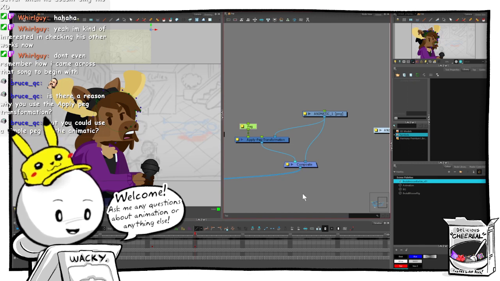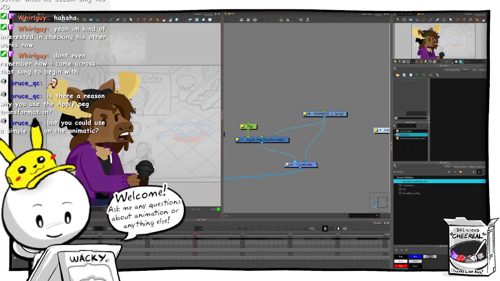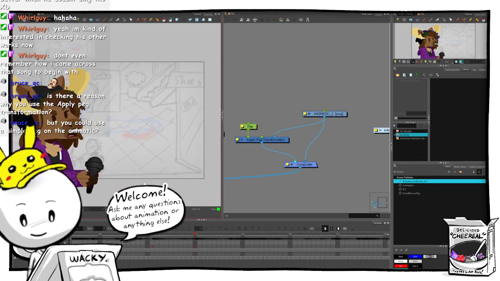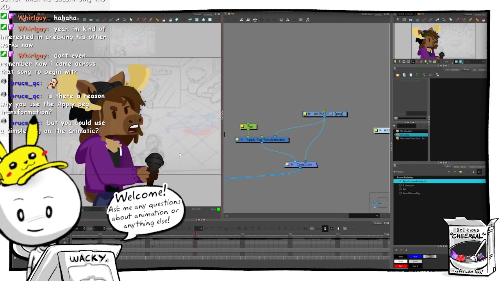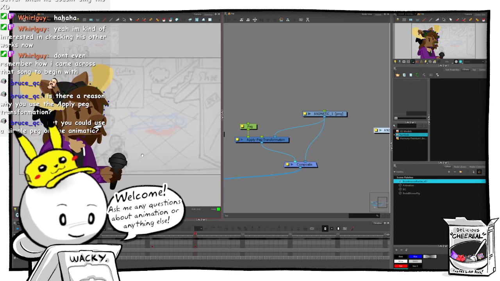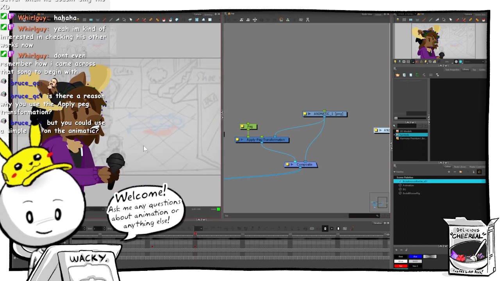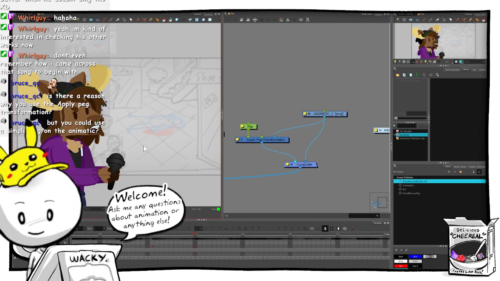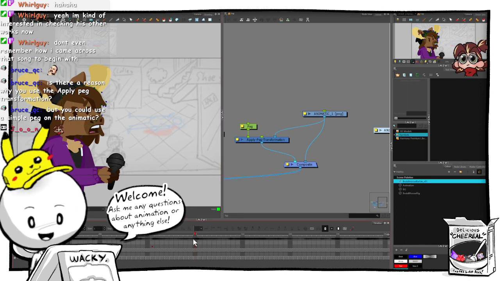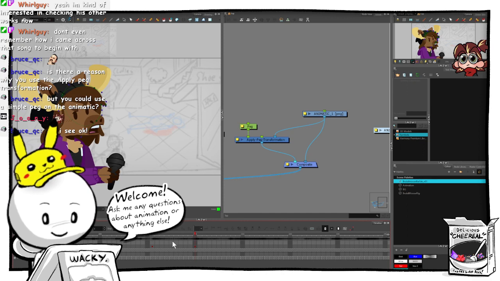But you could use a peg on the animatic. I like having both, because I like having this background layout taking up the full scene as well. I like having both views, mostly because I find it aesthetically pleasing.